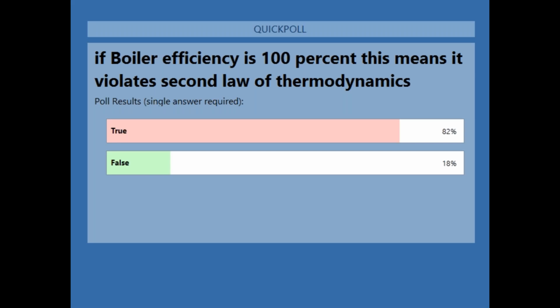The answer is false for a simple reason. I hope Ganesh and Sridhar understood this. What is the reason why Ganesh you have written it is false? Why Tejas you have written it is false? Ganesh, Sridhar, Tejas, you have written it is false. So why are you saying that it is false?